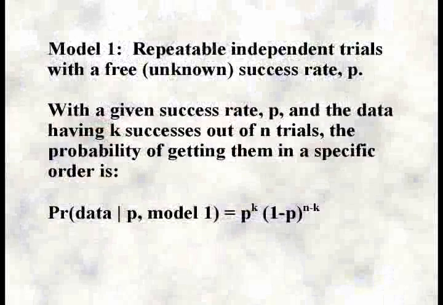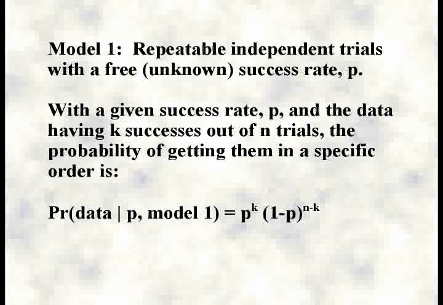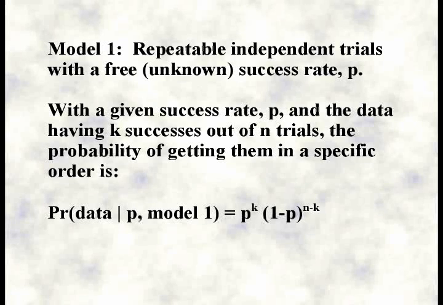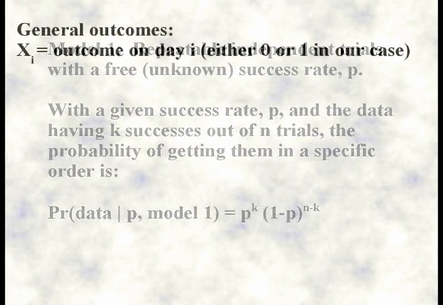Since I want to check for dependency, I need at least one model that assumes independent data, and that's my trusty old friend from previous clips, which I've called the free binomial model, and which I'm going to assume you are familiar with by now. Now, the alternative model should have some kind of dependency. Let's call the state of day i xi. So if xi is equal to 1, day number i is rainy, and if it's not rainy, xi is equal to 0.